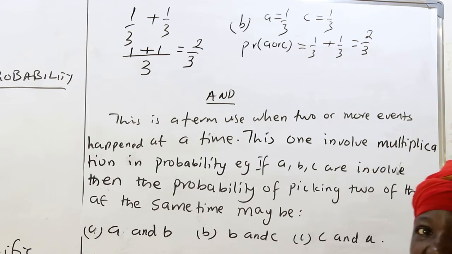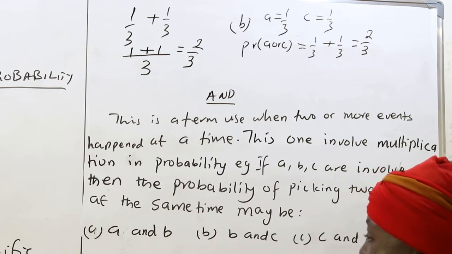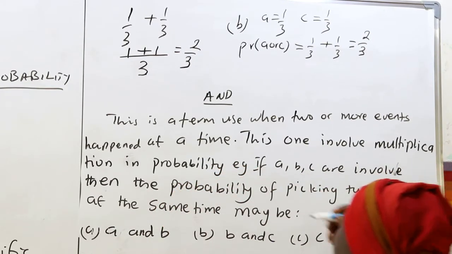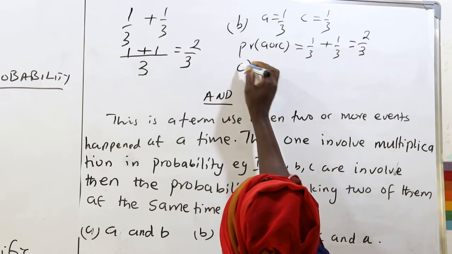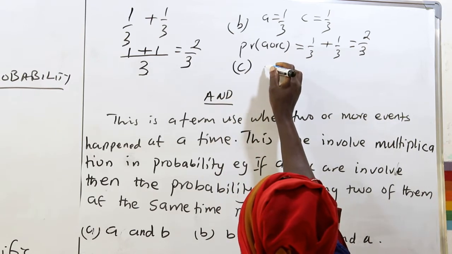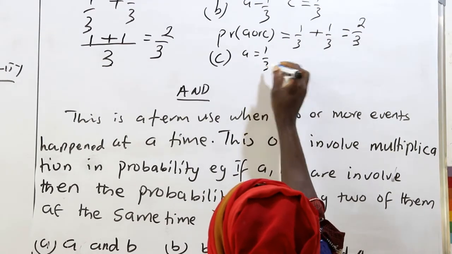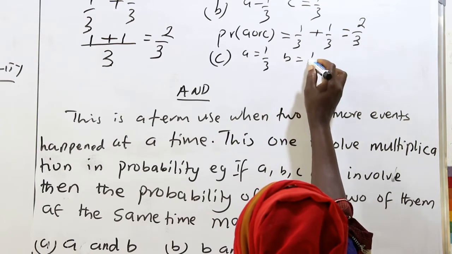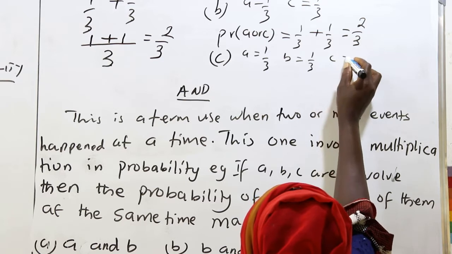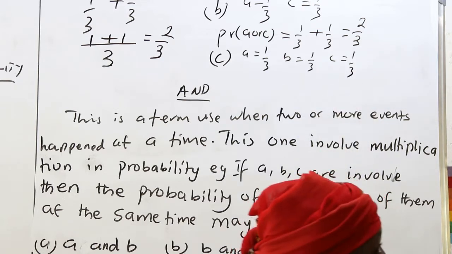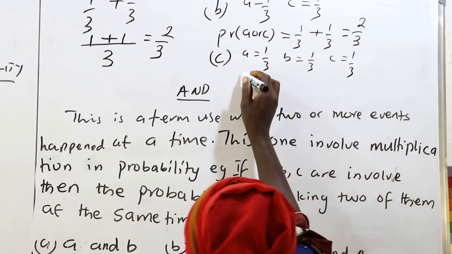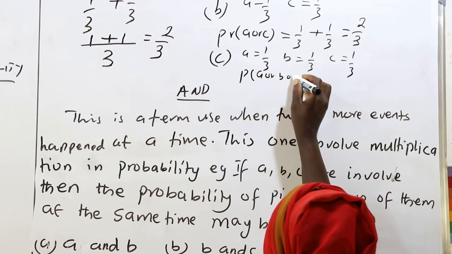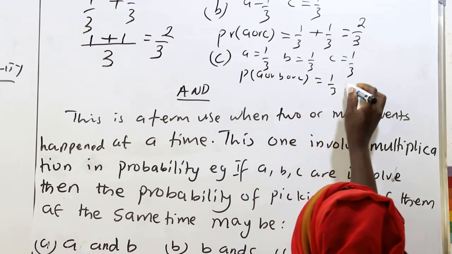Okay? And the same thing for the third one, where we have the probability of A or B or C. It will be our probability of A, which we know is 1/3, probability of B, which is 1/3, probability of C, which is 1/3. It will be the same thing as having probability of A or B or C as 1/3